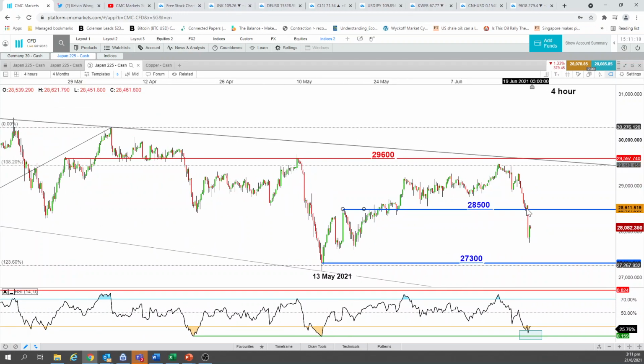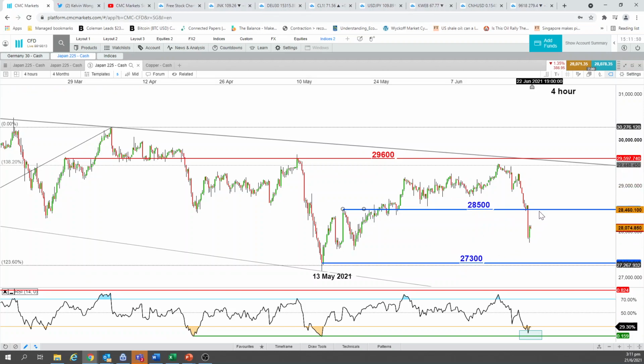So this was actually today's level, the break of which caused this sharp intraday down move. Neutral between this level first, 28,500, and 27,300 or 27,500, taking the swing low of 13th of May. What's interesting is that the 4-hour RSI has started to bounce from an extreme oversold level at this 15% mark. Given that this could be a noisy intraday move or fake sell-off to shake up certain short-term holders, I'll be more neutral between 28,500 and 27,300.